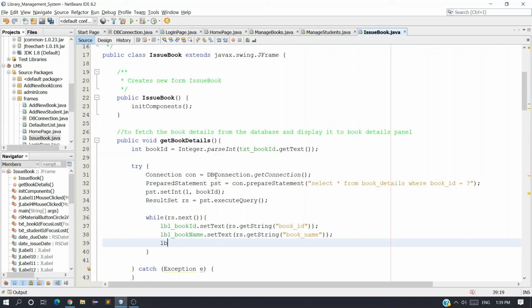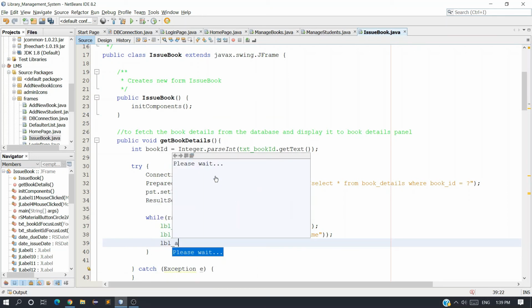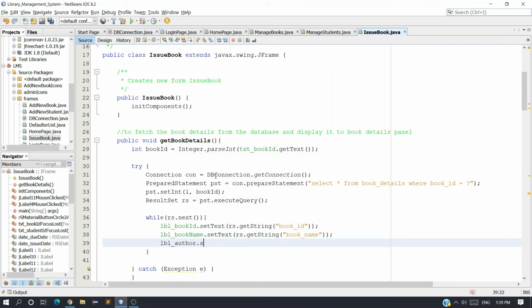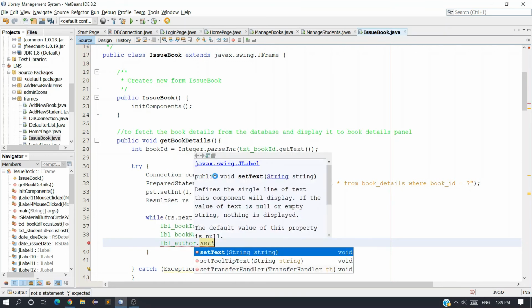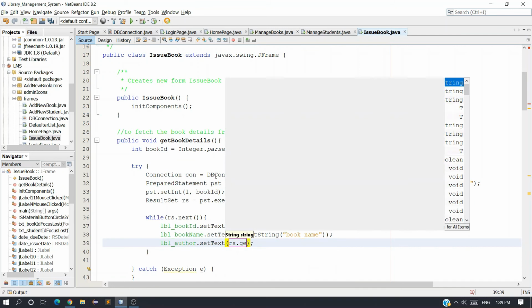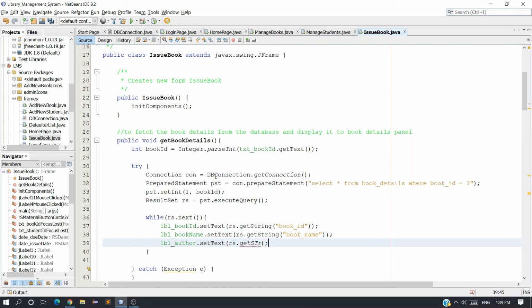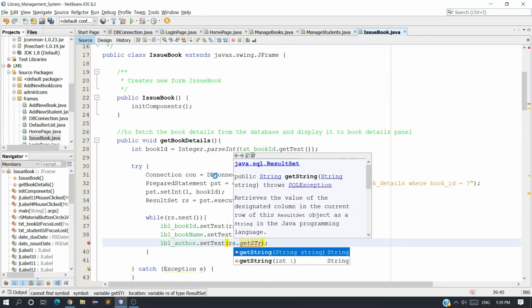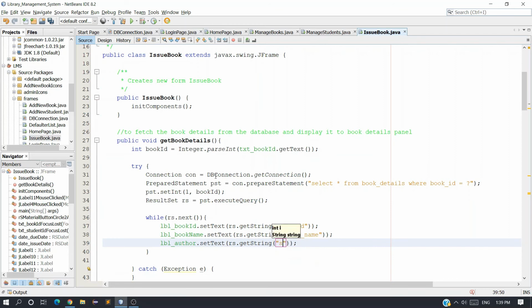Next one is lblAuthor.setText rs.getString, and here we need to enter author.